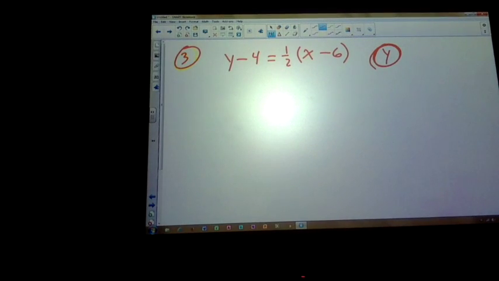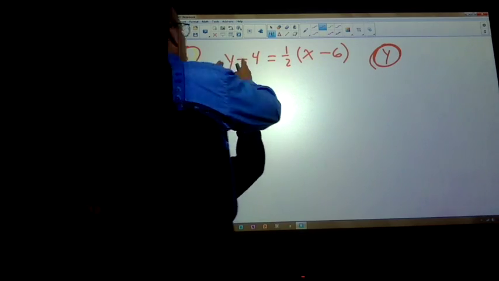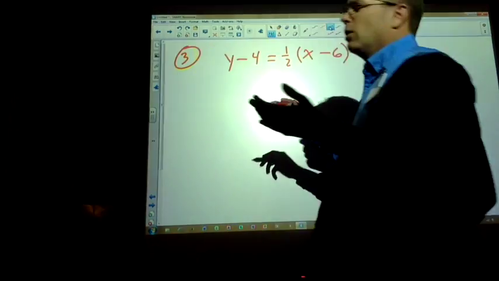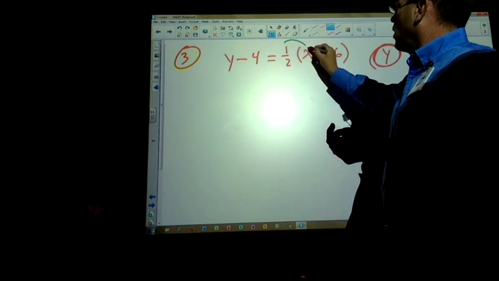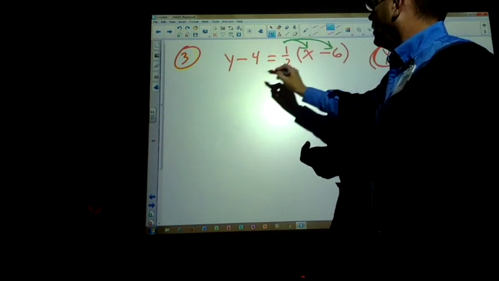So not only do I want us to solve for y, I want it in the most simplified form. What do you think? Go ahead. Well, first you have to distribute. Okay, I like that. So if you do go ahead and distribute, a lot of people will look at this saying, I just add 4 and we'll be done. And you're right, but if I want it in the most simplified form, if I distribute here first,